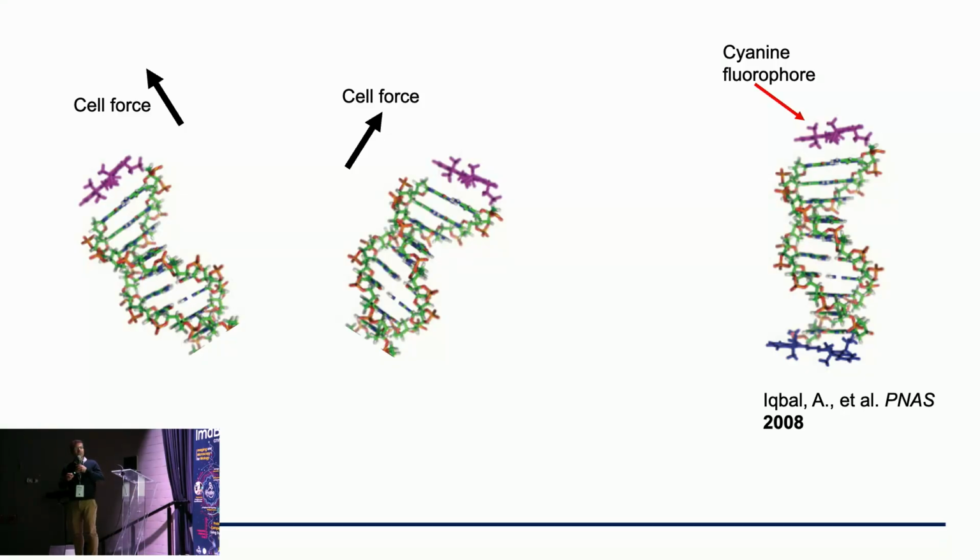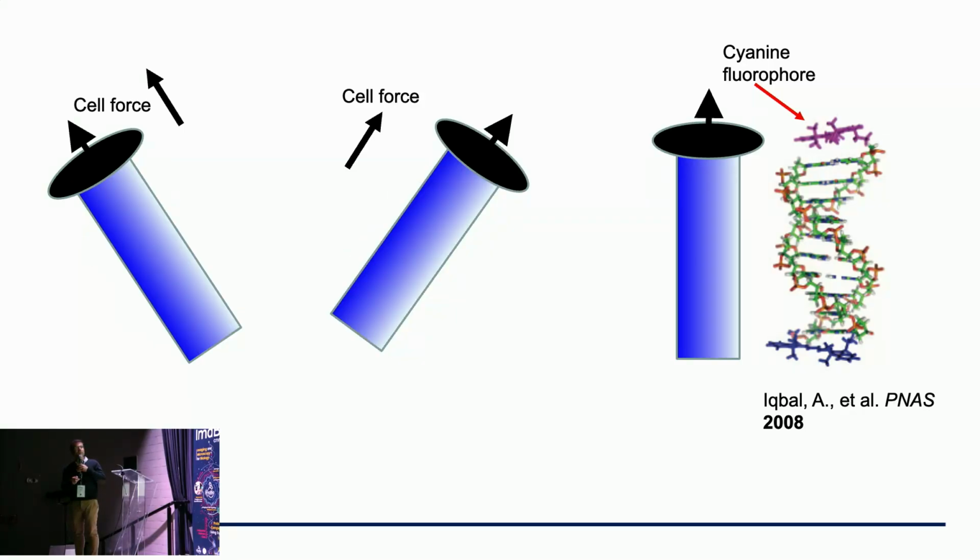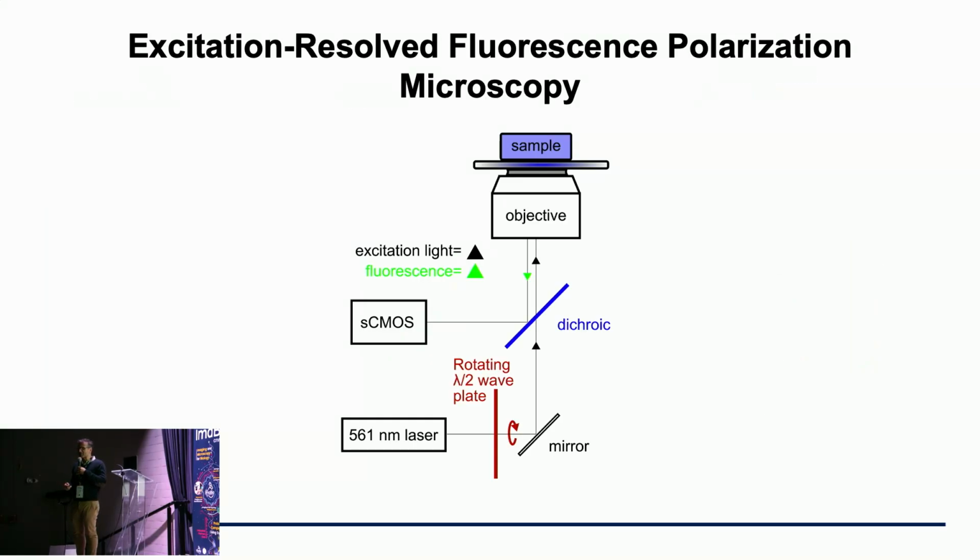So again, if this is a duplex and the force is this way or the force is this way, the transition dipole moment can be plotted like a cylinder that points in each of these directions. And so this is all we thought of the DNA as really a cylinder with an orthogonal transition dipole moment to that. Okay, so what we had to do is do polarization imaging, and so we did the poor man's version of a polarization imaging,